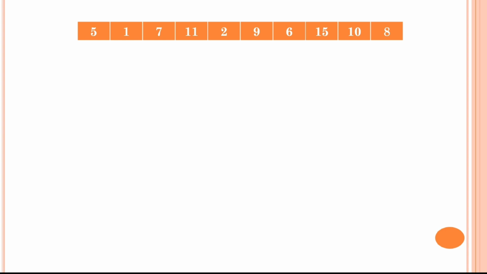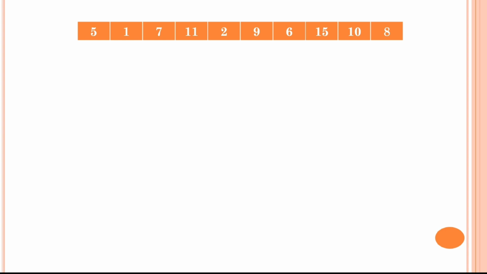Now the question will arise, what are passes? One pass denotes the traversal of the entire list, and at the end of each pass we will have the last element in its correct position. So if we are sorting in ascending order, we will have the highest number at the last position. And after each pass, we will only consider the remaining elements, ignoring the last element for the next pass.